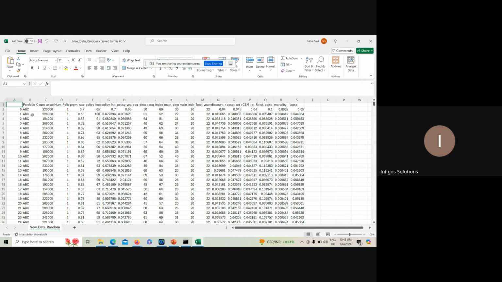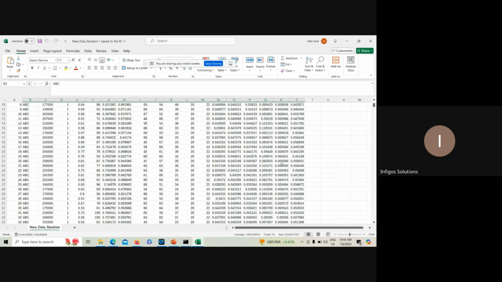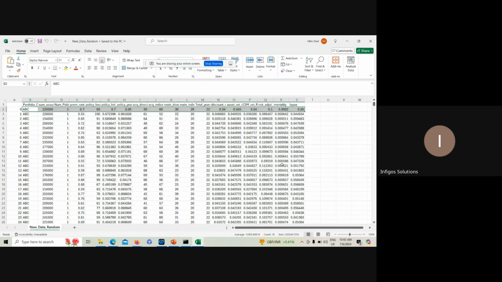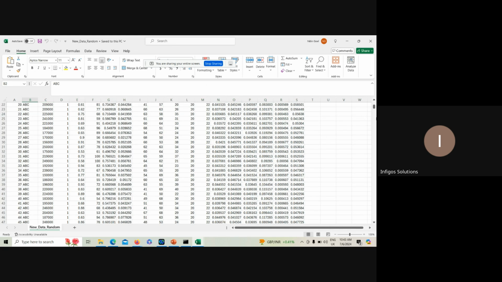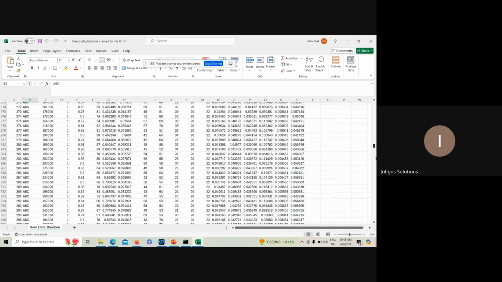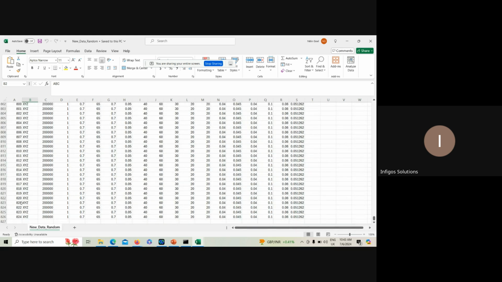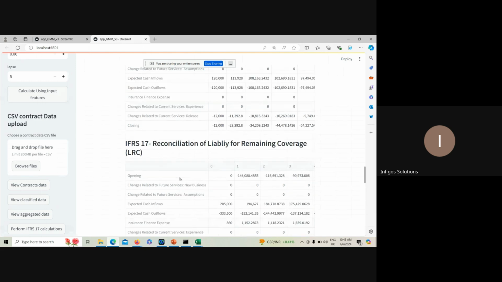So this is individual policies with this data. And this is part of the portfolio ABC. I had two portfolios, ABC and XYZ. I had nearly 824 individual policies. So the calculation which I had just shown you here, in the dashboard,